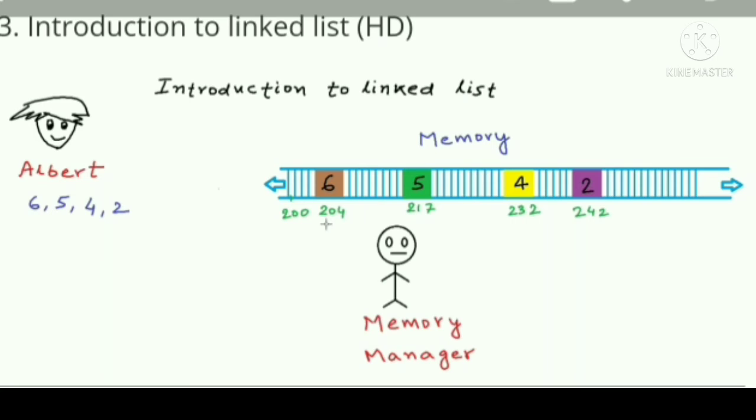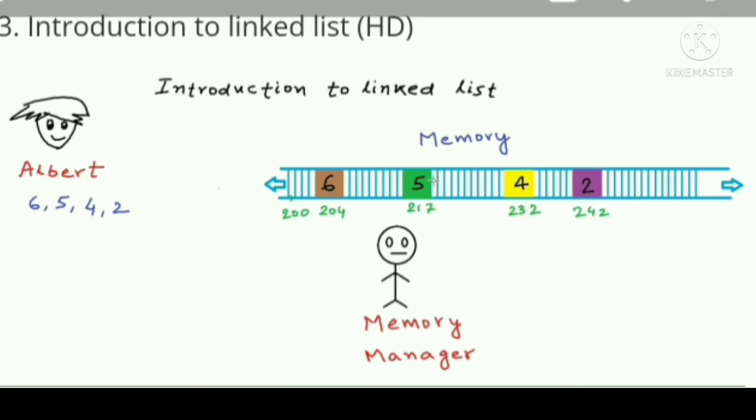With an array, it was very simple. We had one contiguous block of memory, so we knew where a particular element is by calculating its address using the starting address of the block and the position of the element in the array. But here we need to store the information that this is the first block which stores the first element, and this is the second block which stores the second element.